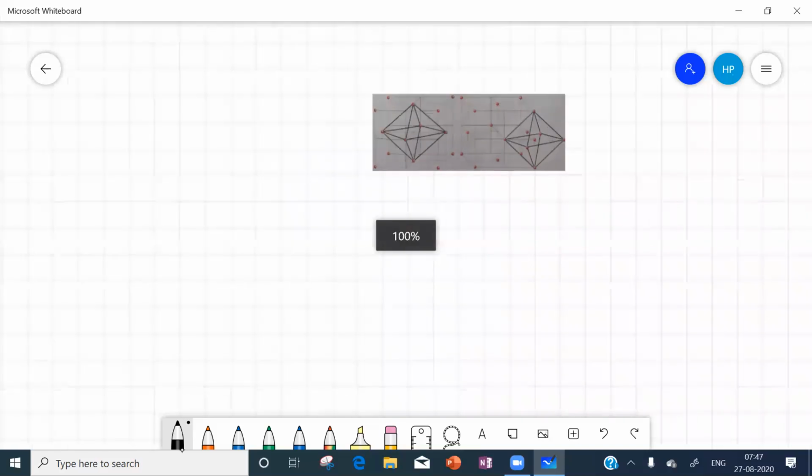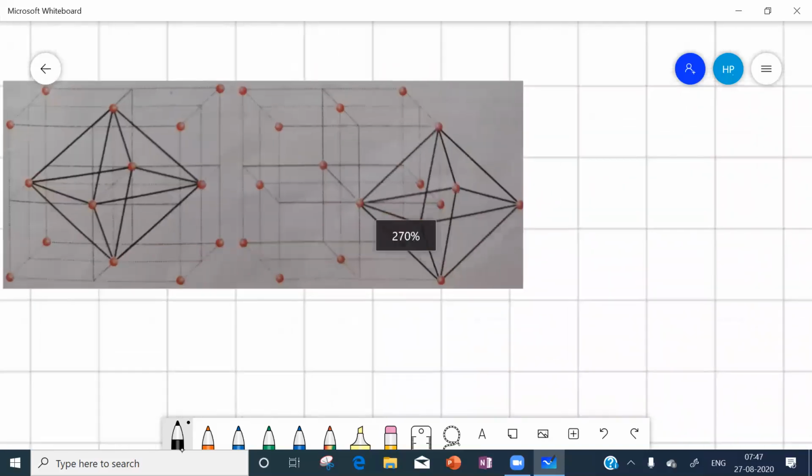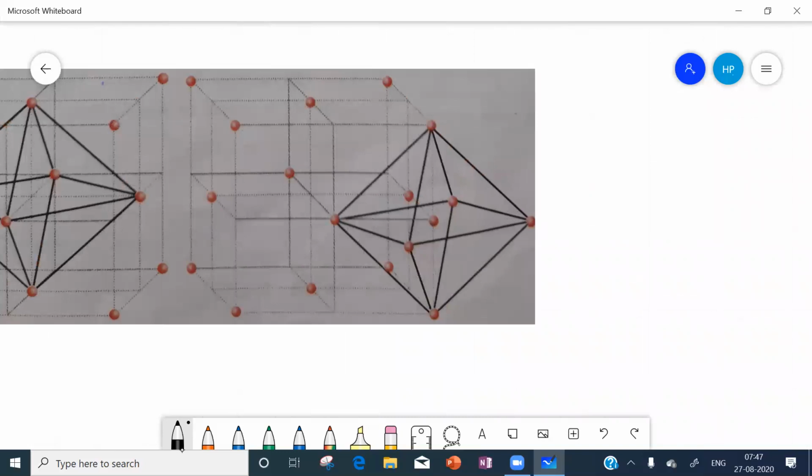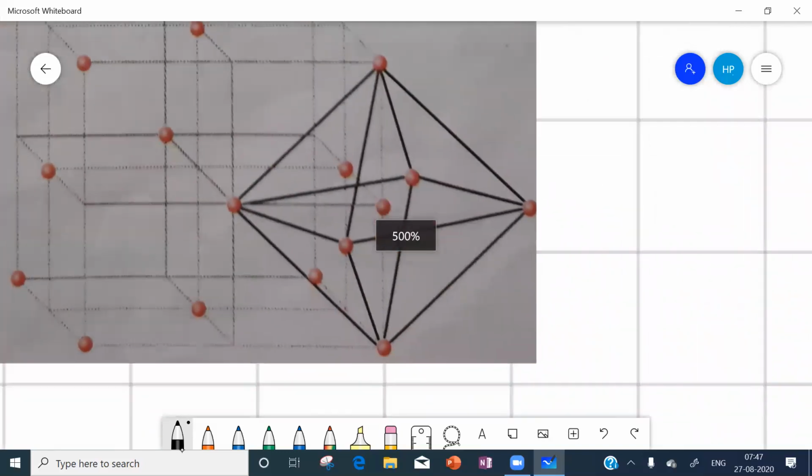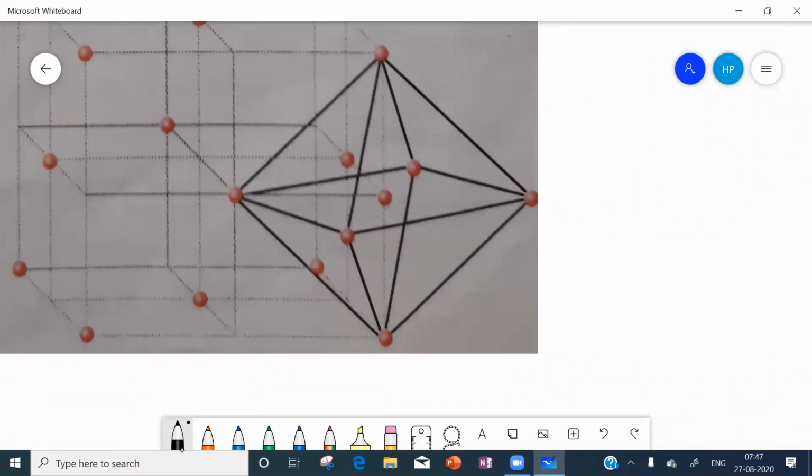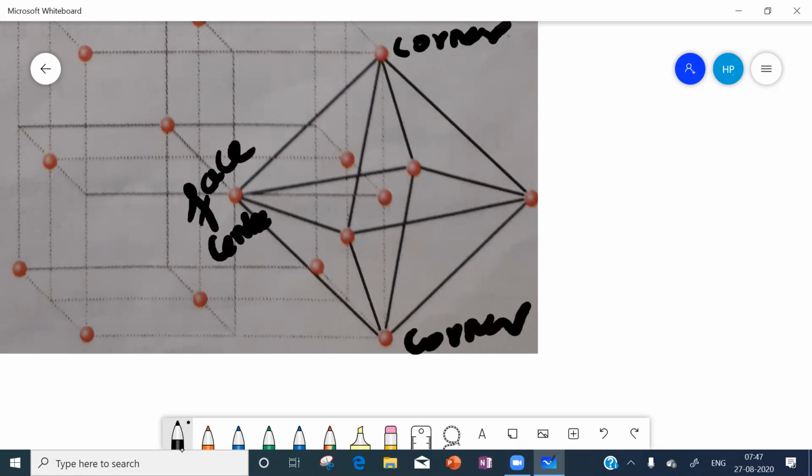Sir, 2 more particles. Now you see. In this case, this is a corner. This is a face center. This is a face center. This is a corner. That is a corner. Now what do you say regarding this one and this one?